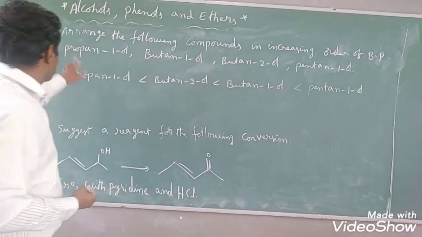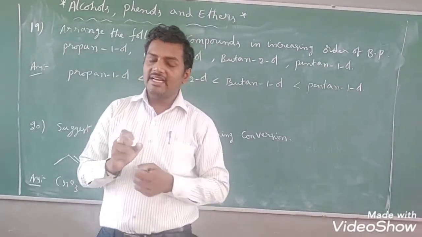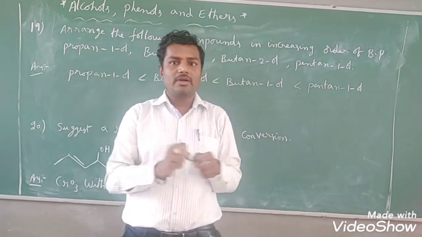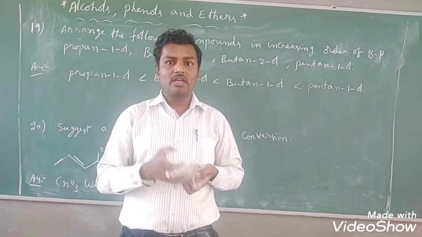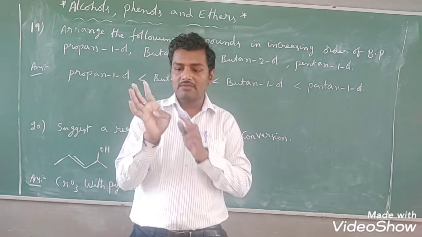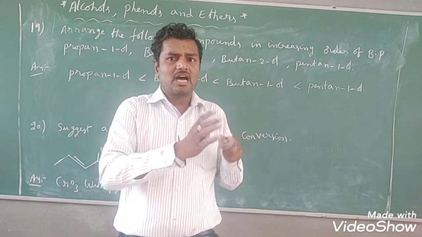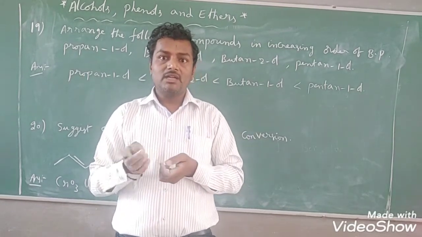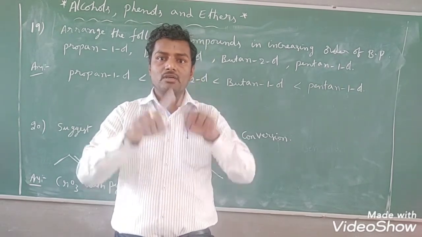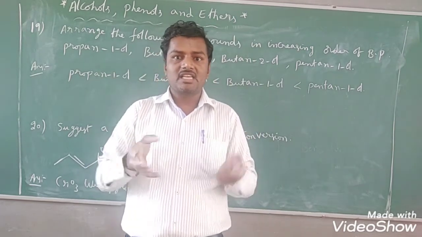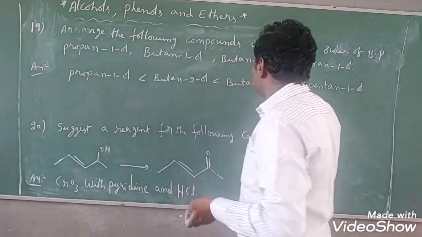Let us see the next question, students. Arrange the following compounds in increasing order of boiling point. How do we decide which compound has more boiling point and which has less? You count the molecular mass. Generally, as molecular weight increases, boiling point also increases. That is the first priority you can give. Suppose the same chain is present, with almost similar molecular masses, then you should identify the branching. If branching is more, then boiling point will be less because it has less surface area. Less surface area means it boils easily, right? So based on those points, you should arrange the given compounds in increasing order.